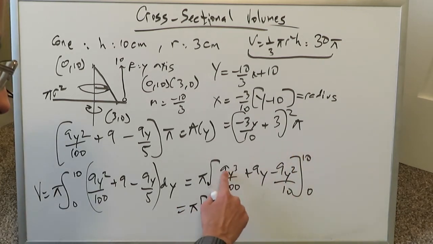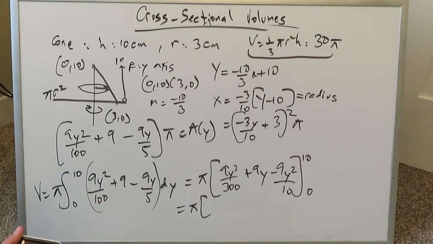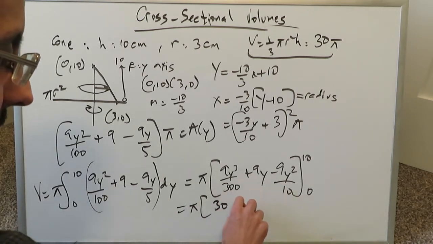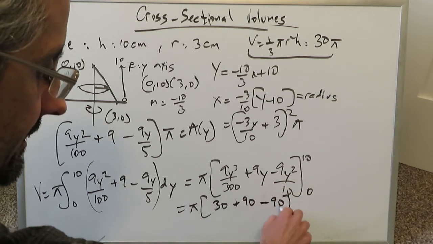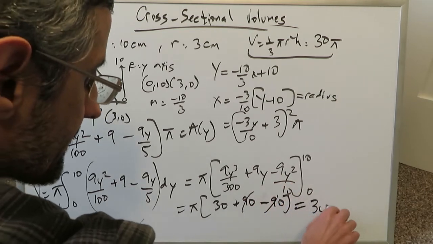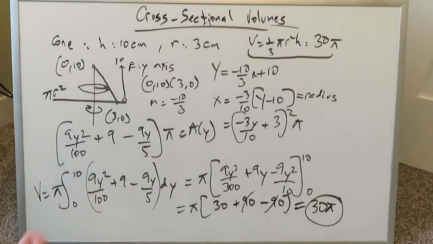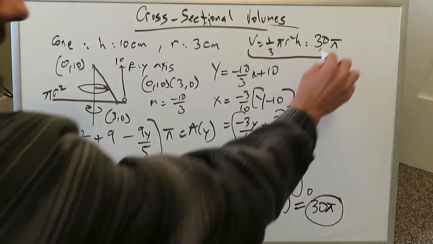When you bring in a 10 over here, you get a 9 times 1000 is a 9000 divided by 300. We can easily simplify that. I get a 30 over here. Here I'm getting a plus 90. Here I'm getting a 900 divided by 10, which is a minus 90. This cancels out. I get a volume here to be determined and calculated as 30 pi, which very well checks